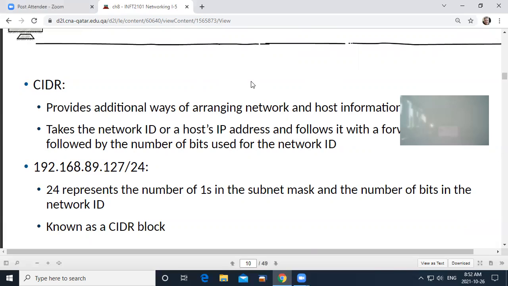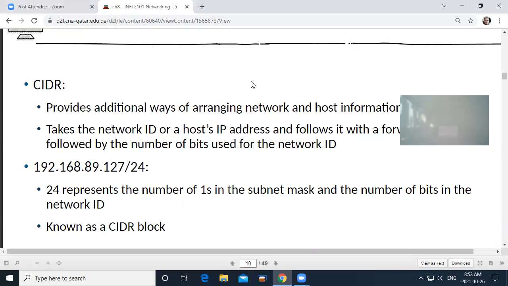This symbol here, the slash and the number that comes after the slash, represents how many ones there are in the network address. So this means there are 24 ones for the network. That's your standard C class, 3 lots of 8.